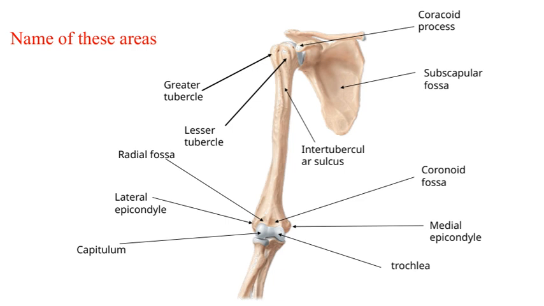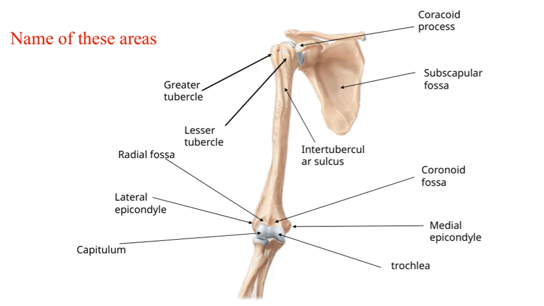Adjacent to it is the trochlea, a spool-shaped structure on the medial side that articulates with the ulna, enabling hinge-like motion. On the medial side, we find the medial epicondyle, which is larger than the lateral one and serves as the attachment site for muscles of the forearm. The coronoid fossa is another anterior depression that allows for the coronoid process of the ulna to move forward when the elbow is flexed. Now, shifting to the posterior aspect, the intertubercular sulcus, also called the bicipital groove, is a